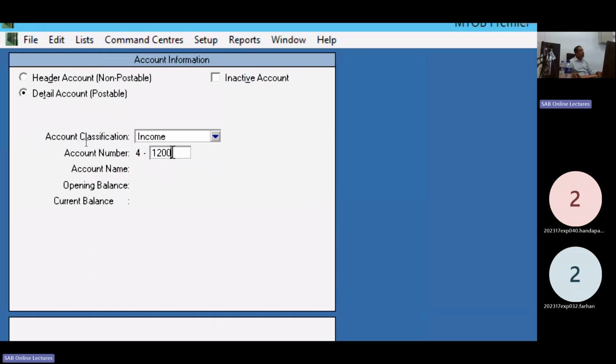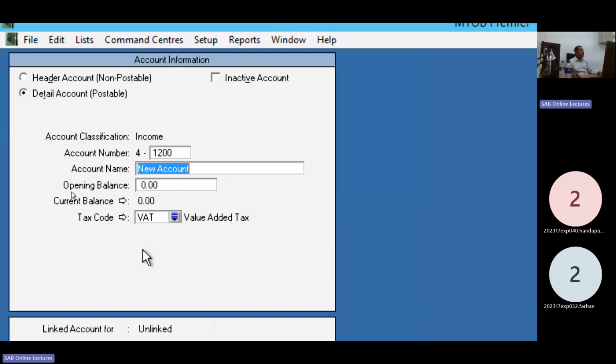This account code will be designed by you. It makes no difference whether you use 1,200 or different codes. Click tab. Cricket lesson income.